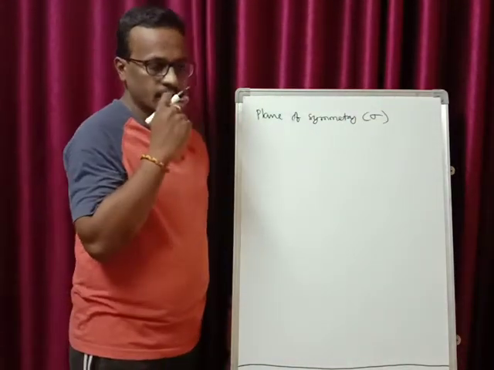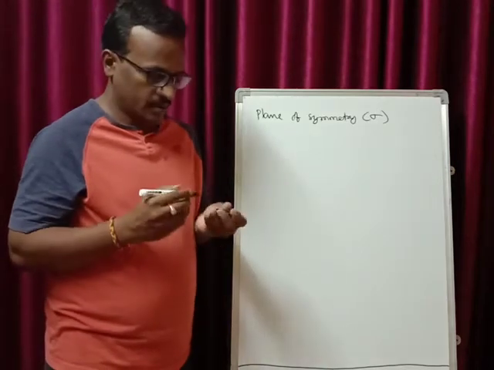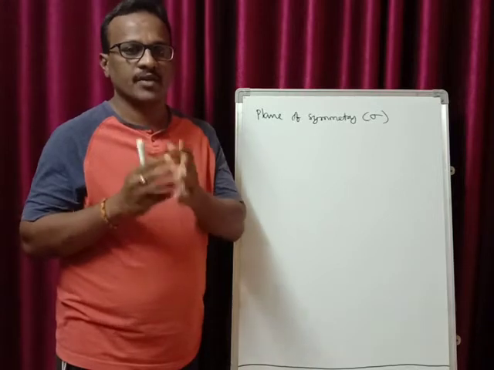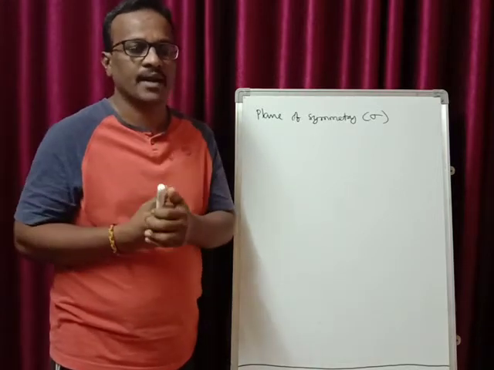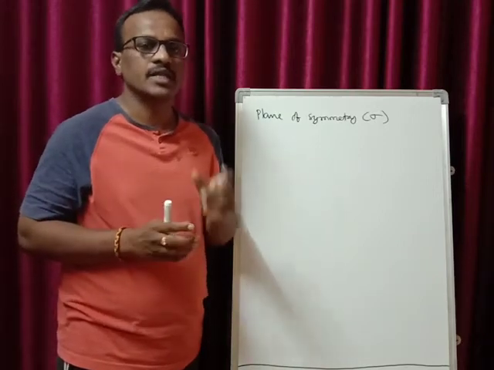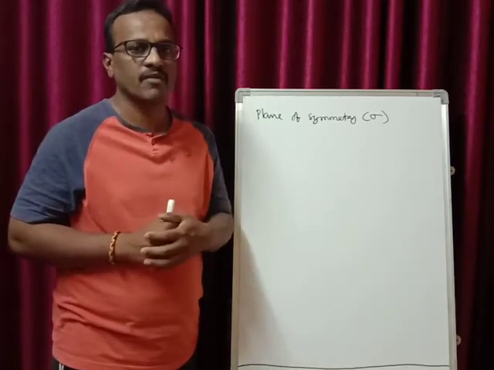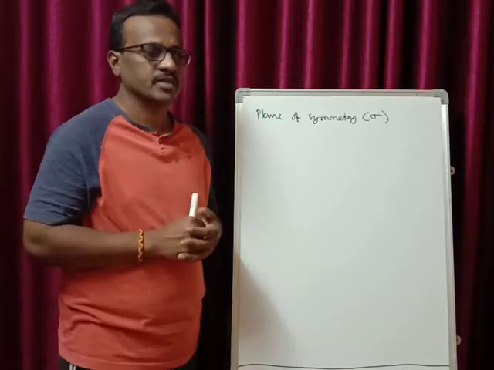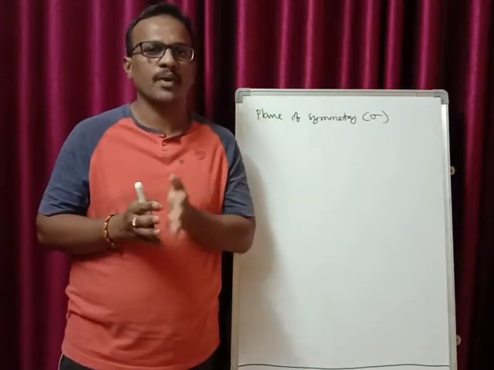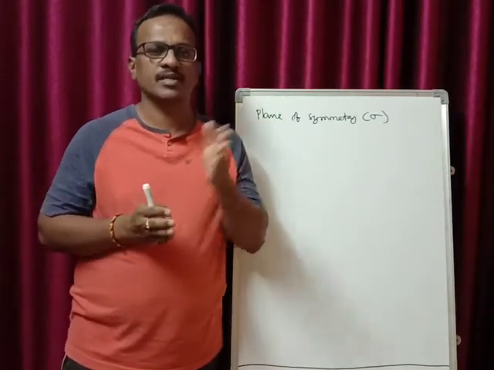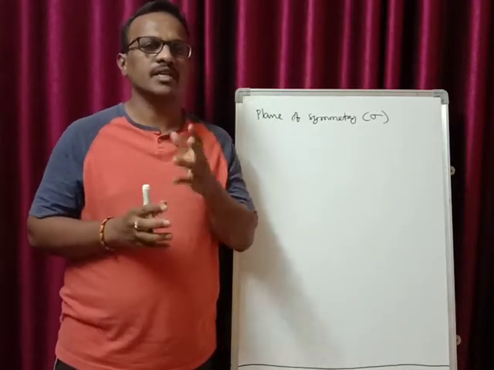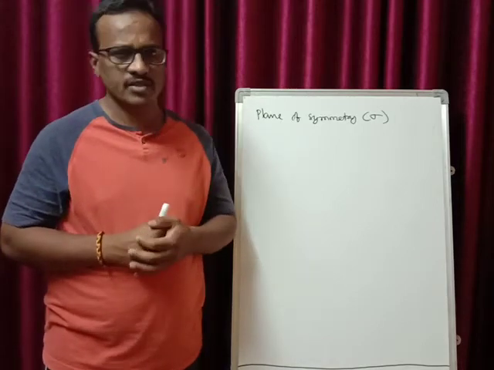So how are we going to understand the plane of symmetry? If you reflect an object through a plane, and the two halves are equivalent, having the equivalent structure, then we say that particular object has the plane of symmetry. The same concept is applied in case of molecules also. If you take a molecule and reflect through a plane, and the first half and second half of the molecule are reflecting each other, that is, they are equivalent to each other, then we say that molecule has the plane of symmetry.